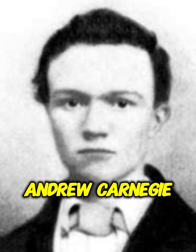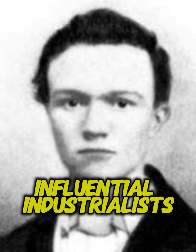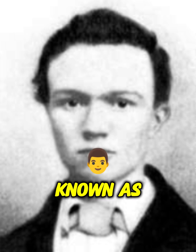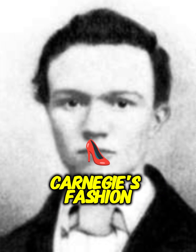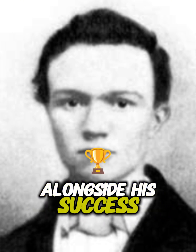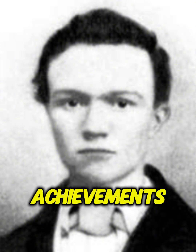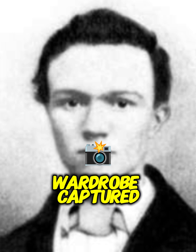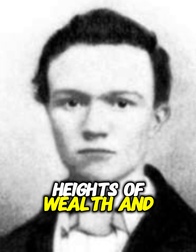Andrew Carnegie, the Scottish-born immigrant who rose to become one of America's most influential industrialists and philanthropists. Known as a man of sharp wit, intellect, and ambition, Carnegie's fashion sense evolved alongside his success, reflecting both his humble beginnings and his grand achievements. Today, we'll explore how his wardrobe captured the essence of his journey from poverty to the heights of wealth and